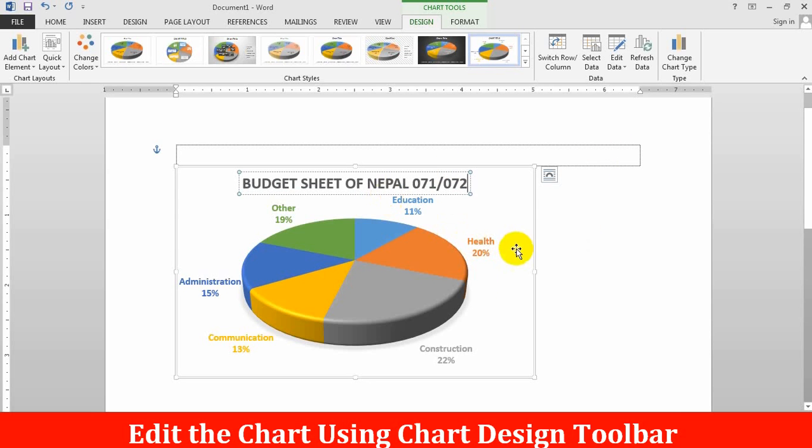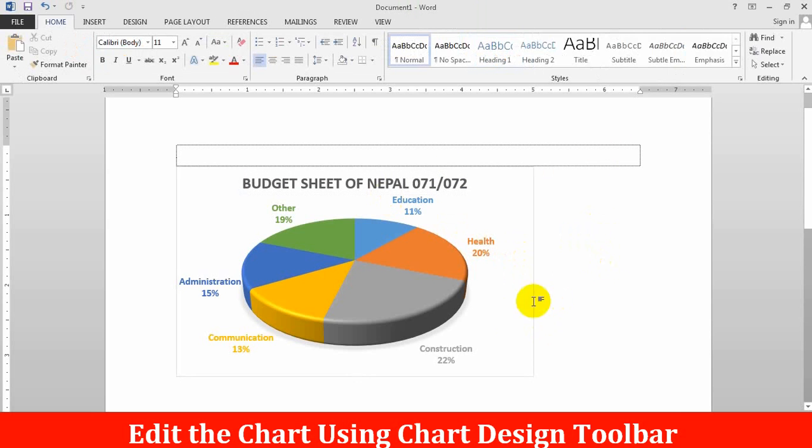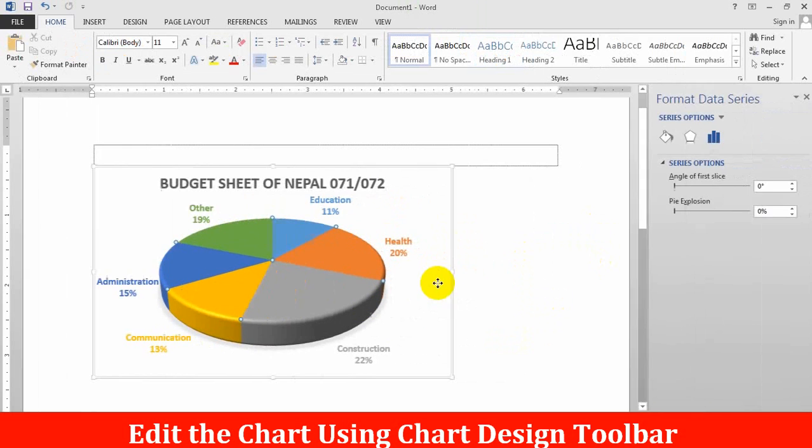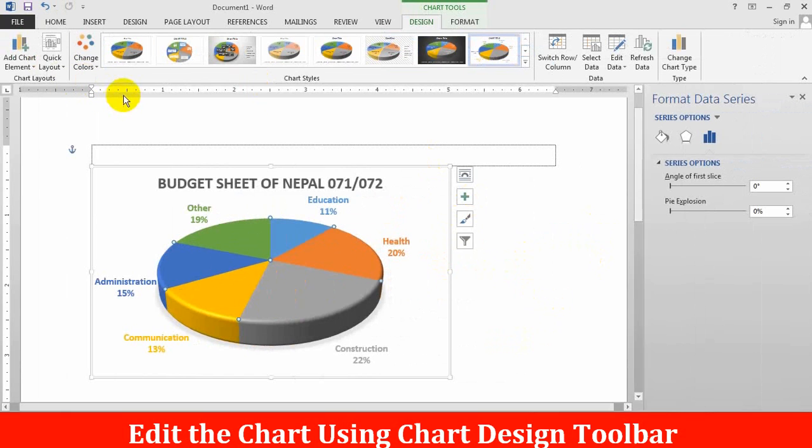Like this we can display data in a chart. Again, if you want to change this style, you can just double click on this chart. Again you get the chart changing window or chart formatting tools. You can design more. For example, you can change the color.